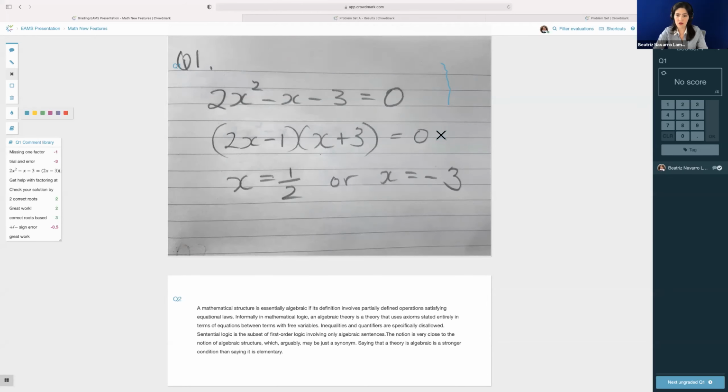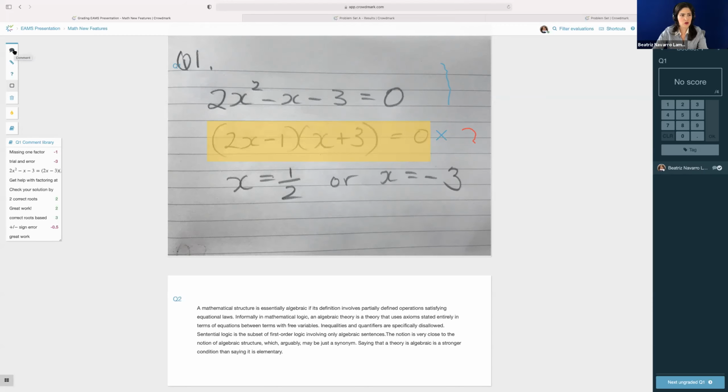For example, here the student made a mistake. This factorization is not correct, so I want to put an X. We also have question marks if we like to use them, although it's not good practice to just put a question mark, but we can do it. Now, as I said, we can change colors to write things differently, and we also have the highlighting tool. If you click on S, you can highlight maybe something that went wrong. Again, you have all 6 colors available for writing, highlighting, and stamps.